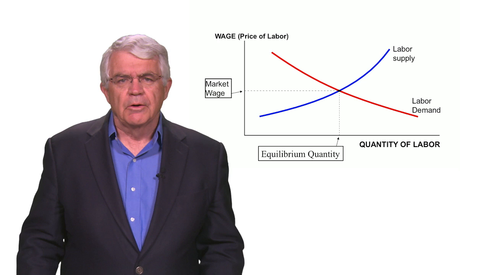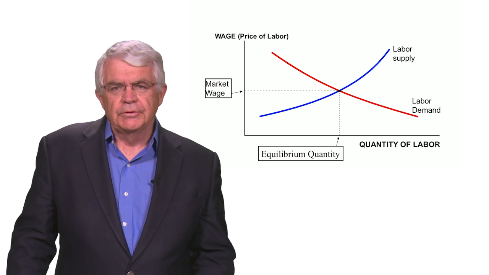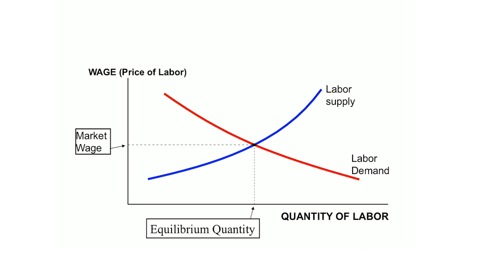In this lesson, we want to derive the labor demand curve. The labor demand curve, as you may remember, is a downward sloping line describing how much labor will be demanded in a market at different wages. We describe this labor demand along with labor supply, which in this picture is the blue line, which is upward